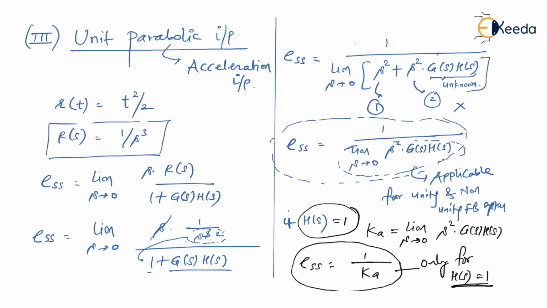So let me tell you, if h of s value is not equal to 1, then you cannot define first of all the Ka term. So the system which is given to you, if it is, let's say, a non-unity feedback system, you have to convert that non-unity feedback system into a unity feedback system. How to do that? Of course we are going to discuss that. So even though the system is a non-unity feedback system, by converting such system into unity feedback system, you can still define Kp, Kv, Ka terms. So let me do the final summary and we can conclude the lecture.